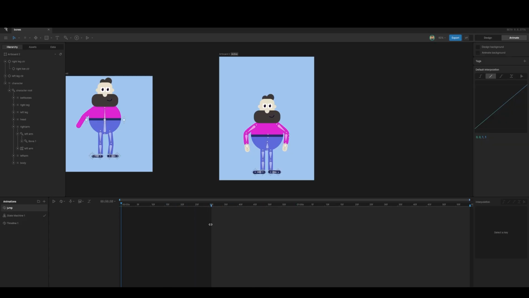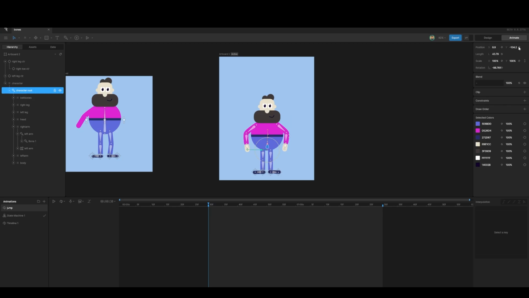And I'm maybe going to go to frame 30 here and then frame 30 here. Okay. Then I'm going to select this bone here, the character root bone, and I'm going to go to frame